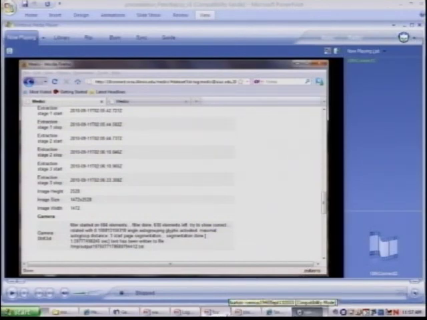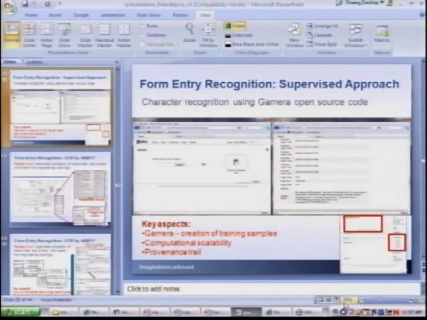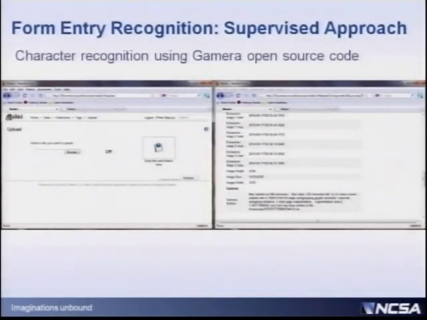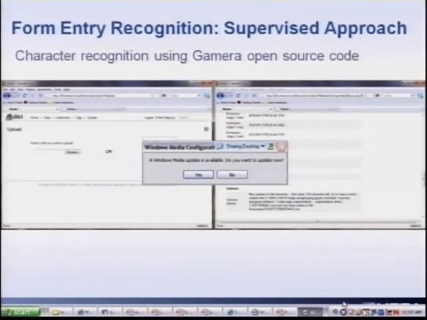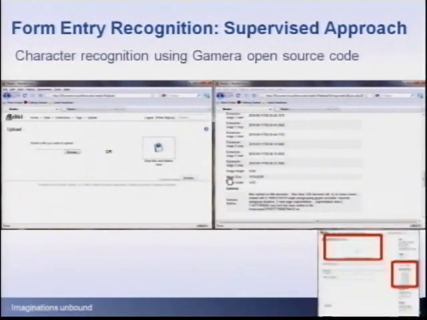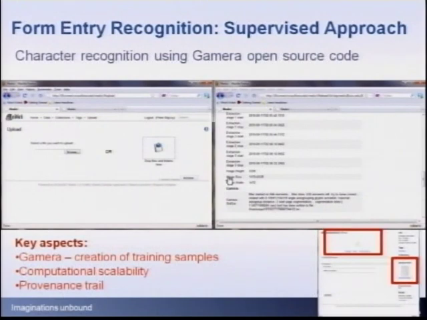Okay, going back to what we could do. Key aspects here: we use Gamera, which is open source code, and we created training images, training samples. The question is computation scalability. I think we did an estimate for the 18th Connect project.